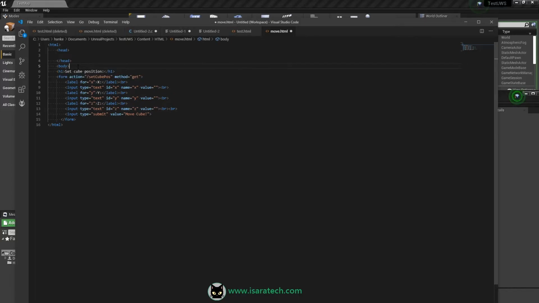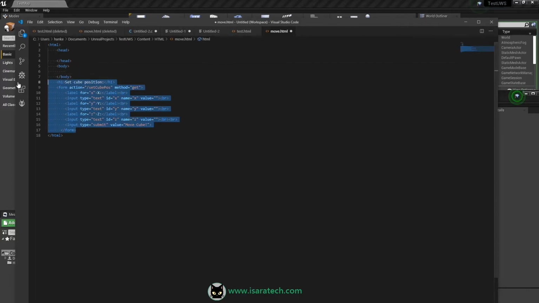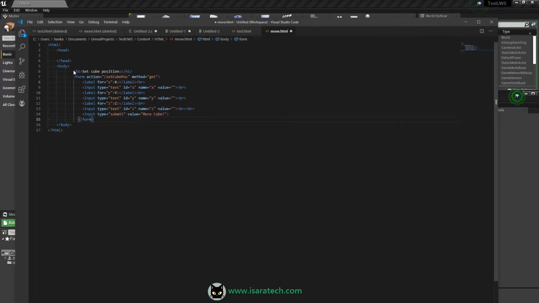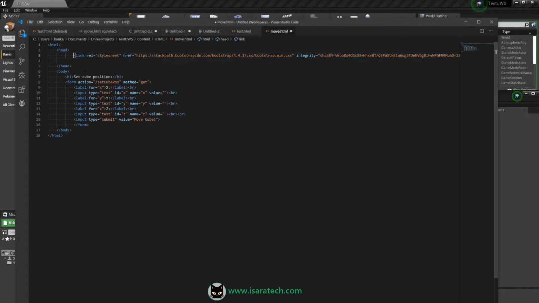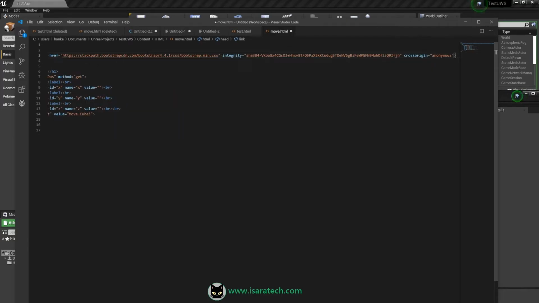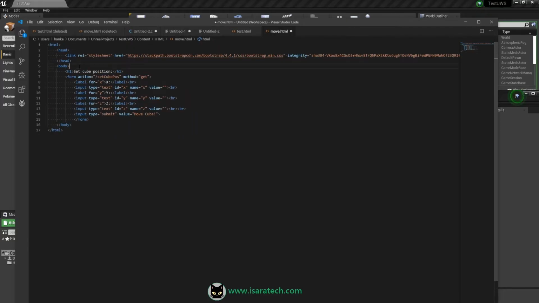I will move everything in my body, and in my head I will add a simple link to access the Bootstrap CSS file.